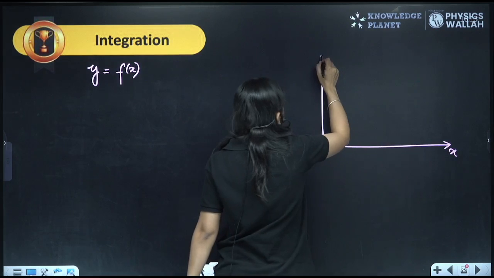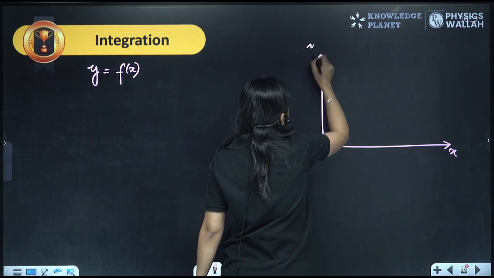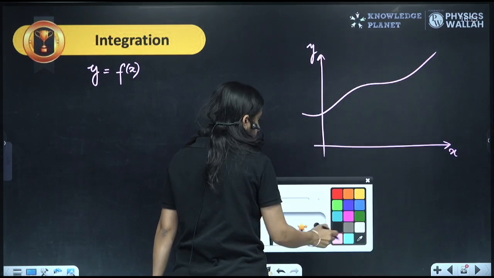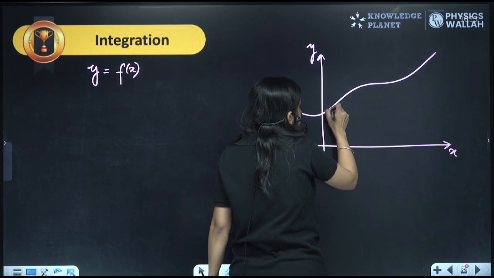If this is my x and this is my function y, which is a function of x, I divide